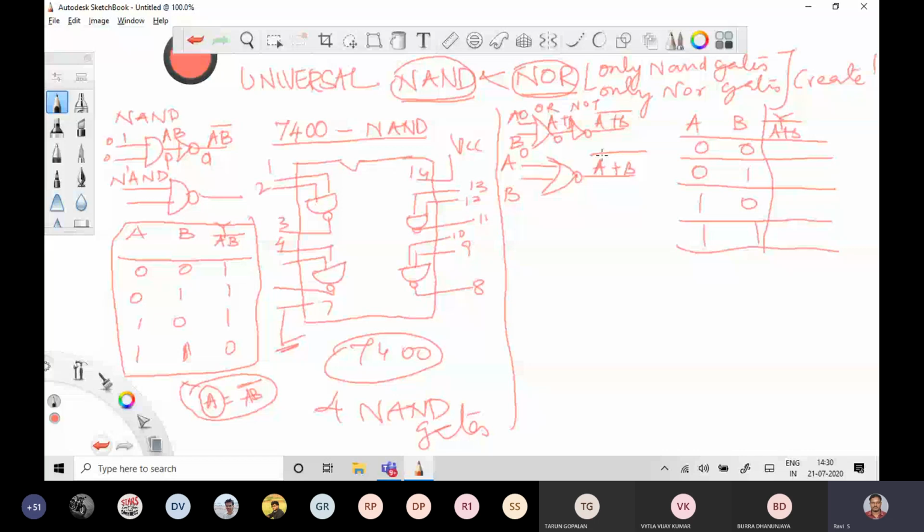Next, when you put 0, 1, OR will give the output 1, but the complement of 1 becomes 0. So 0, 0, 0 is the output for the other possibilities, just the opposite of OR, since you have an inverter or complement at the output of the OR. So this is the truth table of the NOR logic gate. Now the pin configuration for this NOR logic is a bit different from the other logic gates. I'll tell you what that is.